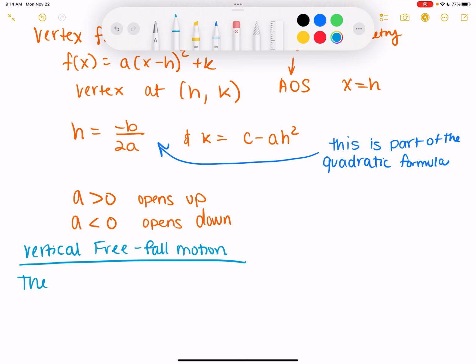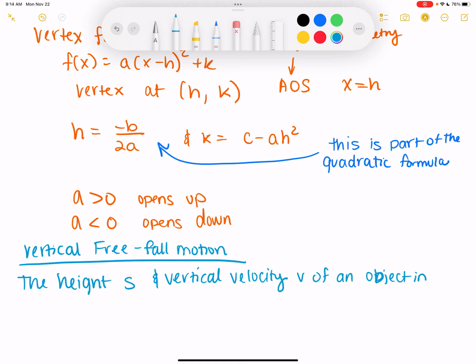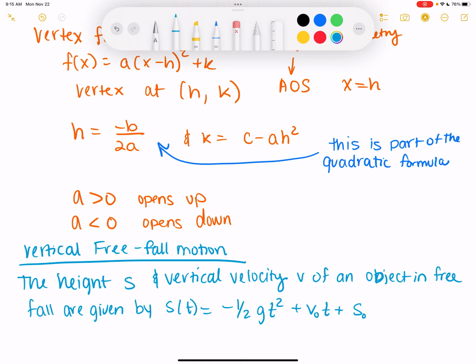The height s and vertical velocity v of an object in free fall are given by s of t equal to negative 1/2 g t squared plus v sub 0 t plus s sub 0, and v of t is equal to negative g t plus v sub 0,